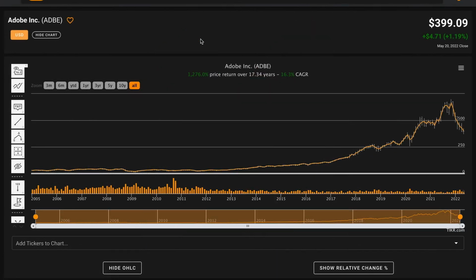So in summary, Adobe checks the box on 6 out of 8 pillars. They're only off on our valuation metrics, but based on everything else, Adobe looks like it has a very solid balance sheet. It's experienced a lot of growth over the last 5 years, and their return on capital and their ability to produce high amounts of free cash flow without the need to invest heavily in CapEx makes Adobe's underlying business one of these top tier businesses.